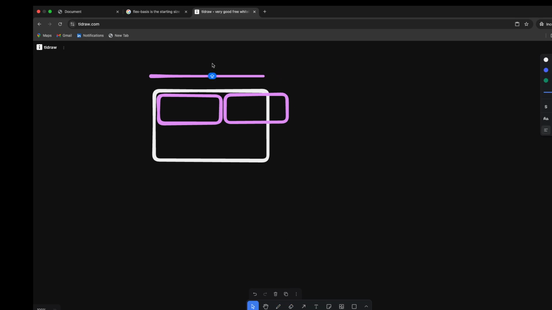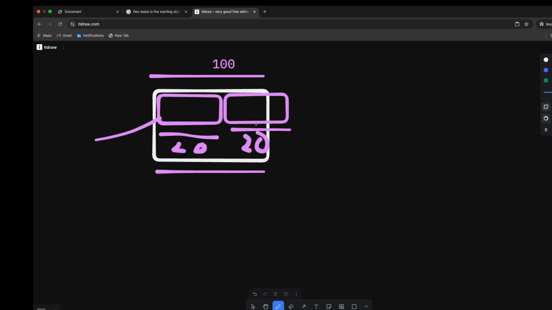Again, this space is say 20, and this is 20 pixels, both of them, and I applied shrink to both. Now what is going to happen, the initial size is say 20 pixels, so